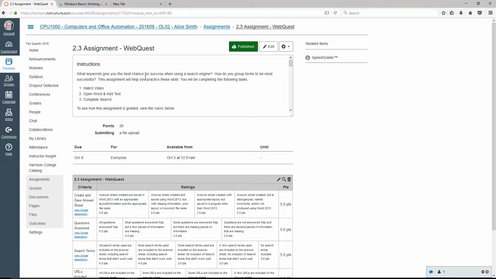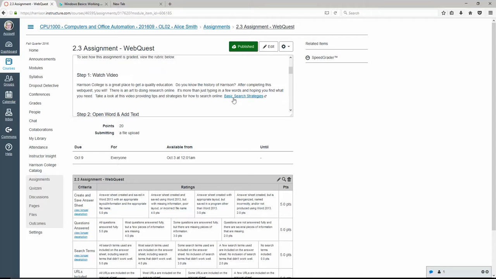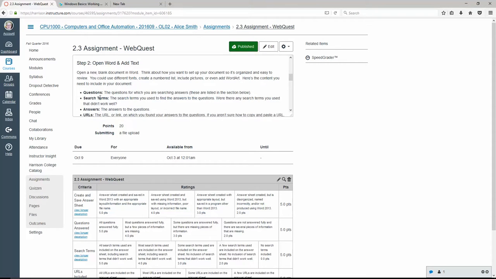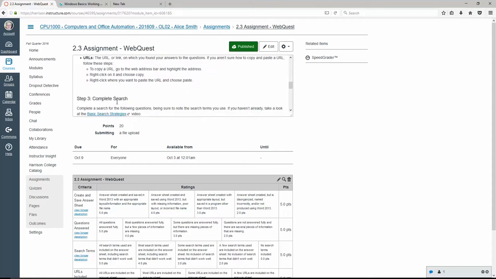All right, 2.3 WebQuest. What keywords give you the best chance for success when using a search engine, and how do you group terms to be the most successful? This assignment will help you practice. You're going to watch a video, open Word, and add text, and then complete the search. So here's the video that you're going to watch. You're going to do questions, search terms, answers, URLs, complete the search,